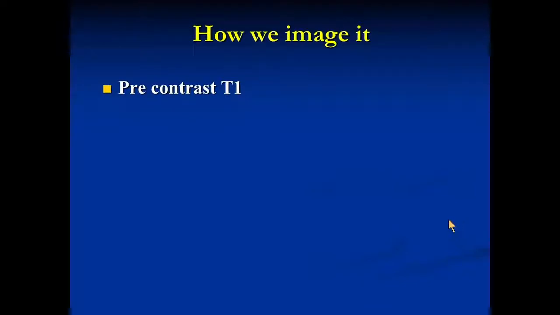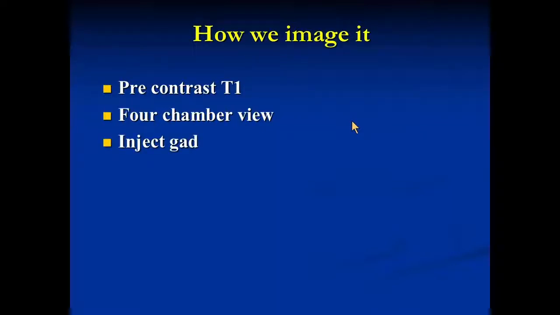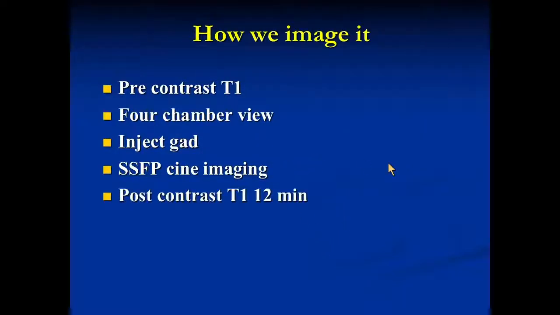How do we image it? We generally do pre-contrast T1. You're going to hear all about T1 later on in this section. We do a 4-chamber view and then inject gad. And then we continue to acquire the cine, and we do the 4-chamber view just because of timing, because we still use breath hold most of the time for the routine imaging, and by 12 minutes we like to acquire